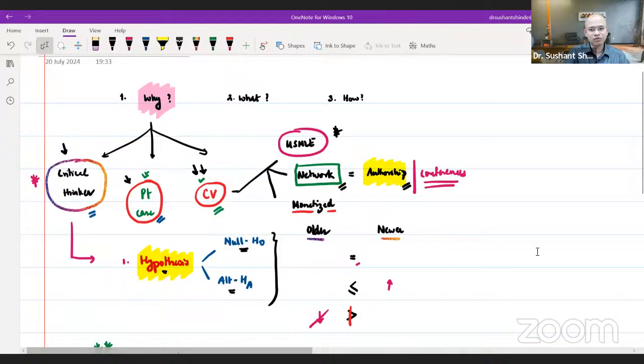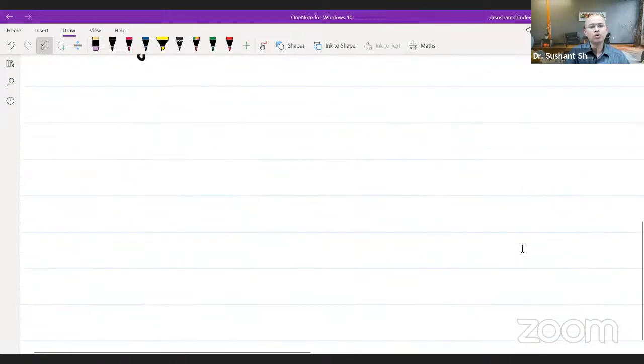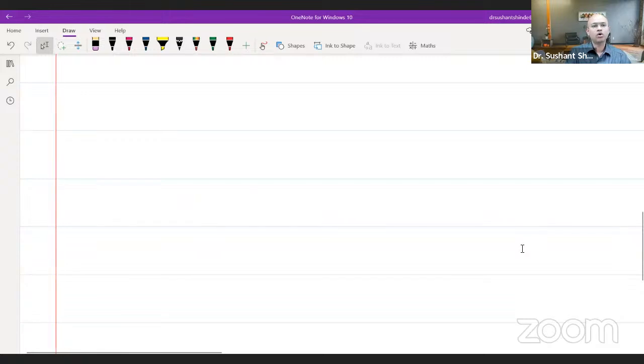Let me go to the second part of what I'm going to talk to you about. What do you need to know, right? What do I need to learn? Now, this is something this workshop is going to work on. What are we going to do in this workshop, and what is it that you need to learn? How can you achieve these targets? You want to become a critical thinker, you want to become someone who is known for your work, you want to be someone who is just good for your patients. Whatever your reasons for entering research, what is it that you need to know to become a good researcher? I think again, there are three things.